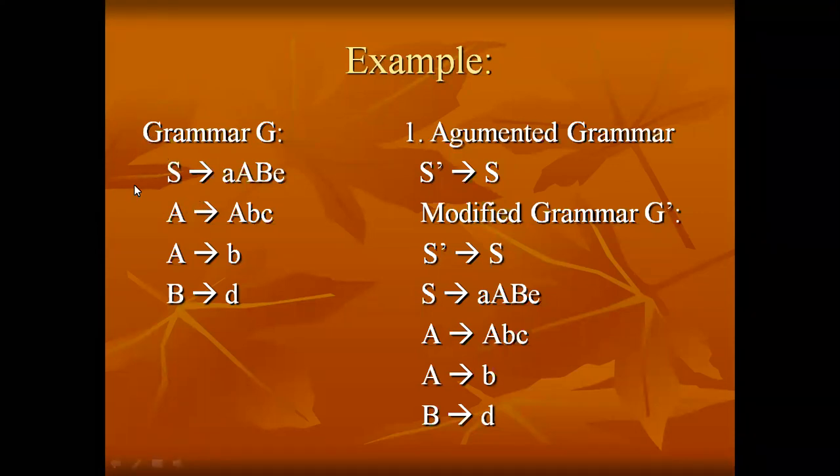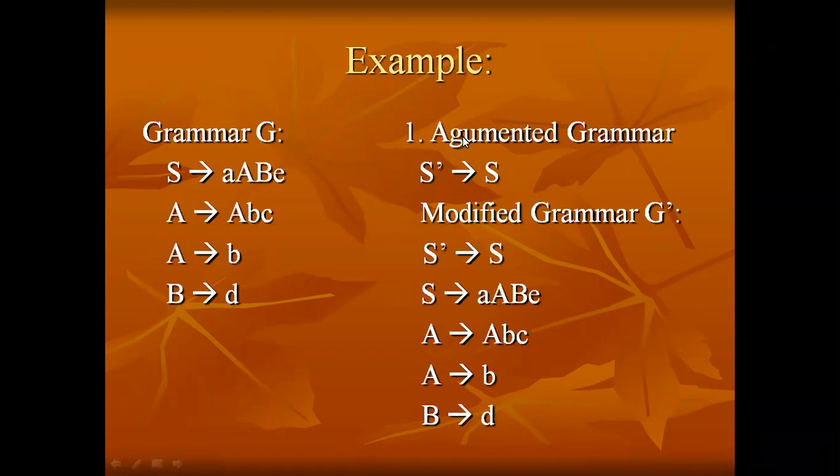By using this S, where S is the starting symbol from the given grammar G, we need to form the augmented grammar. We need to construct the augmented grammar. Construction here means we are not following a step-by-step process. Formation of the augmented grammar is just adding a new additional rule for the given grammar, and we call that grammar the modified grammar. For the given grammar, we are just adding an additional production rule. That addition of a new production rule is called an augmented grammar.